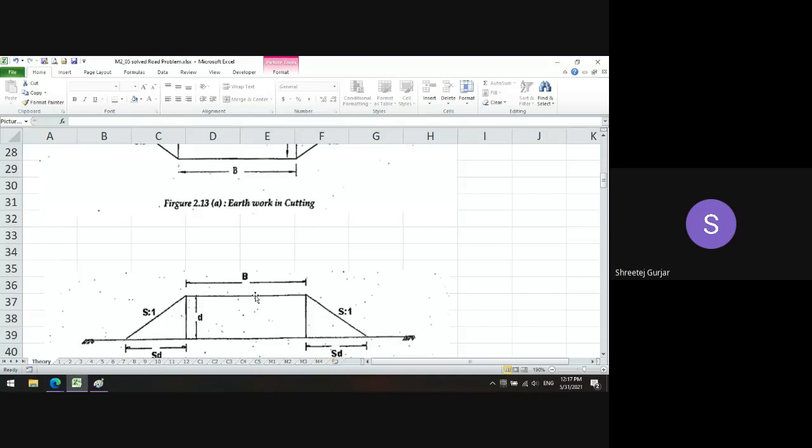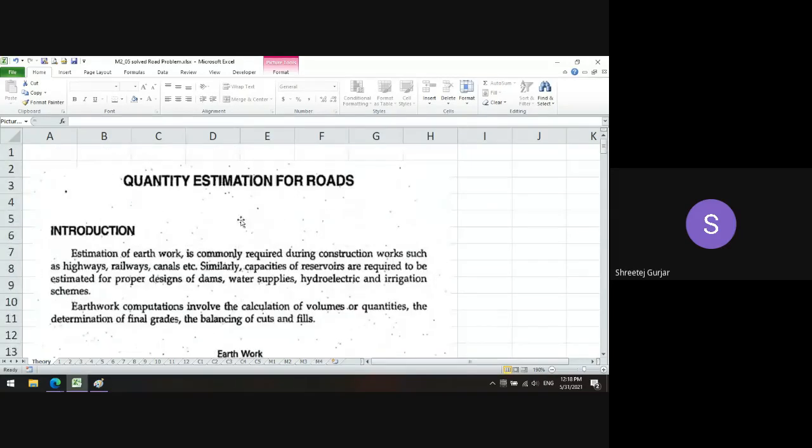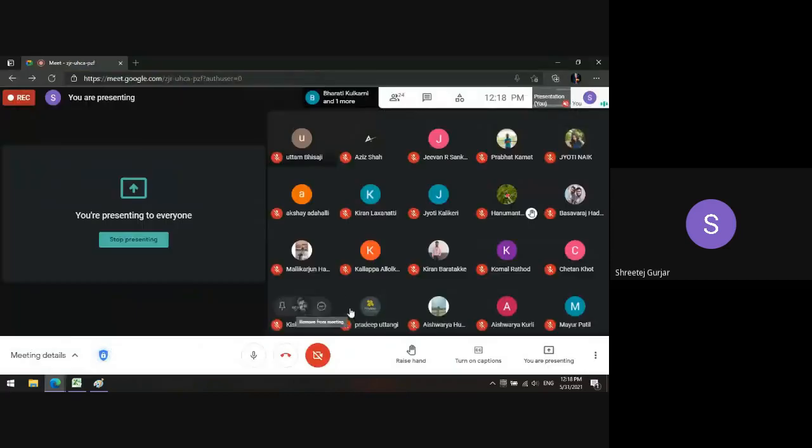So all these numericals which were solved until now were regarding your embankment, whether in cutting or in filling. Only the earthwork which is required, and not including the wearing coat. So in our next class, we'll try to solve other types of numericals. I hope you have understood whatever we have solved until now. If you have any doubt, please let me know.